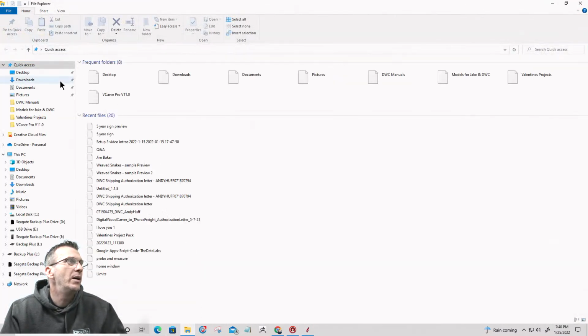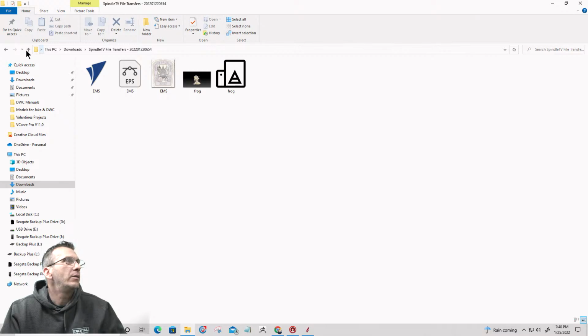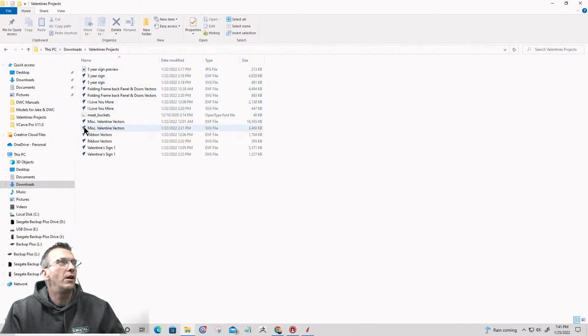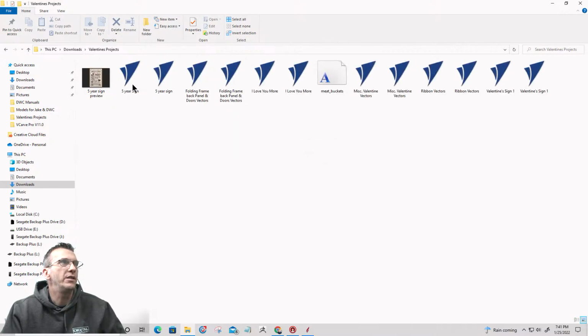So let me give you that example here. If I'm in my web browser, let's go to that Valentine's file here. Oops, not that one. This one. All right, so I have Vcarve Pro showing up as my opener, and let me view large icons so you can see this. So I've got Vcarve Pro being my opener, so I have that icon. But if I come over here and I change the properties of this,